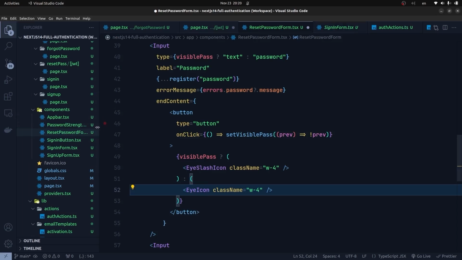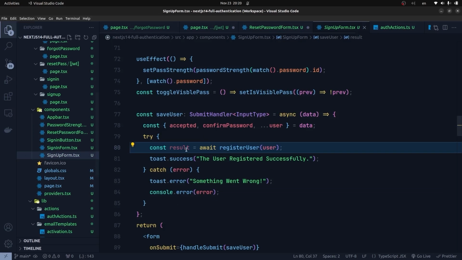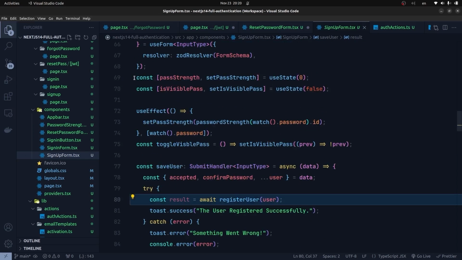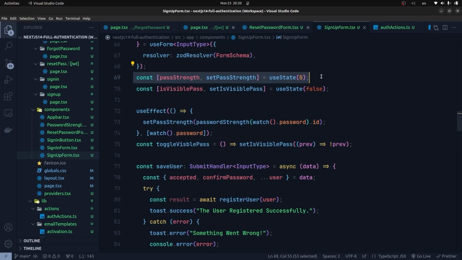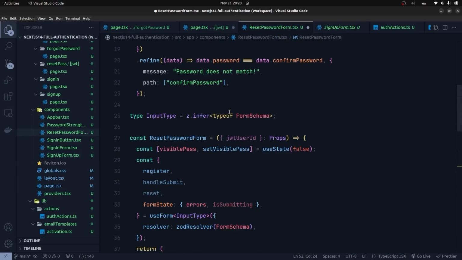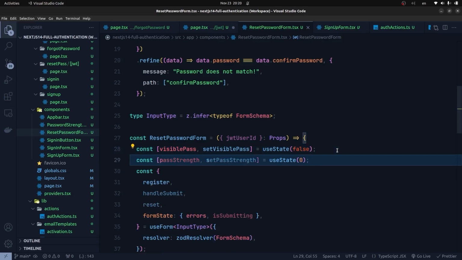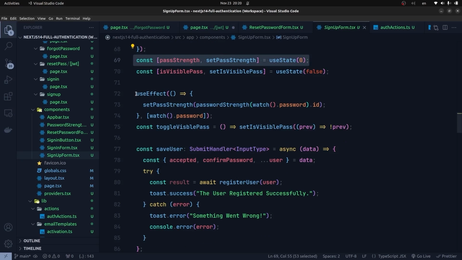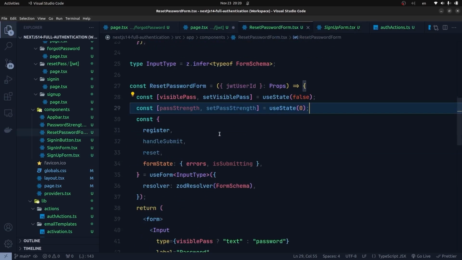The password strength is in the sign up form, so I go to the sign up form, and first we need to create a state for the pass strength. So just copy that and paste it in the reset password form. I get back to the sign up form, copy this useEffect, and get back to the reset password form,